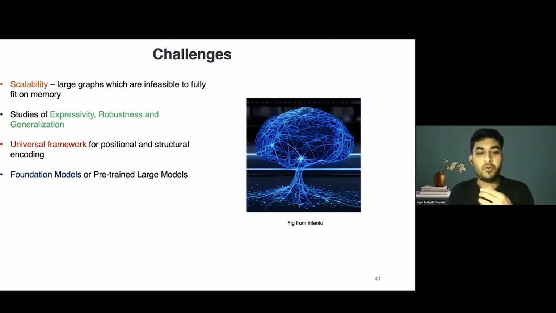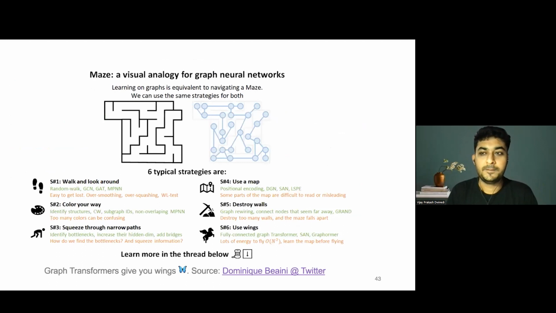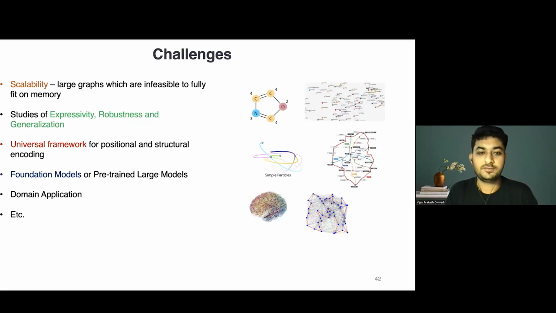And a very important next challenge is to have pre-trained large models for graphs. What can be the task to work across domains, or if not work across domains, how can we conveniently extend or transfer across domains when we have foundation or pre-trained large models for this? And finally, questions of domain applications. In different domains, we may have specific challenges that we need to incorporate to do well on those particular tasks. So this is the conclusion of my presentation.